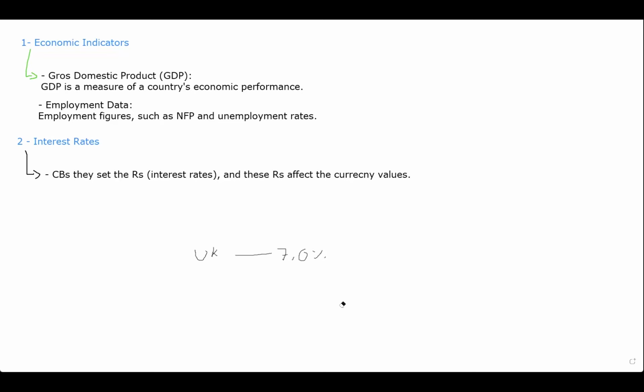So I've chosen UK. Basically, higher rates will influence the currency because more people will be attracted to that currency. So more people will be attracted to the pound at that moment. So let me do a sip here. Very hot here. Anyways, this is basically another thing I look for. Okay. Now the third is